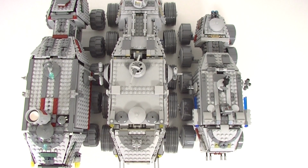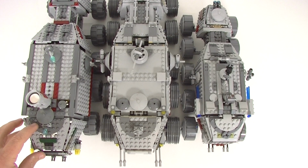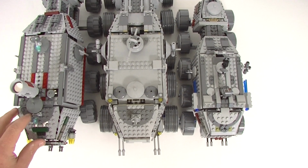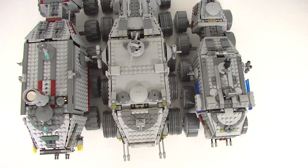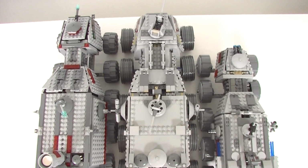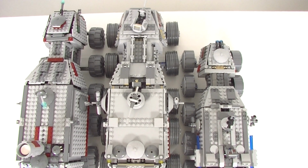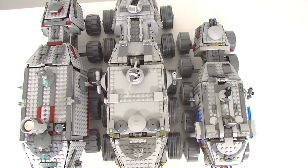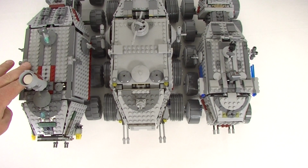It's probably pretty close. There's not a whole lot of difference. It's actually not quite lined up there. If I push this one back just a little bit and have a look, yeah, so it's pretty close between the 2005 and 2010. Not much difference in length. Let's just put them back wheel to wheel